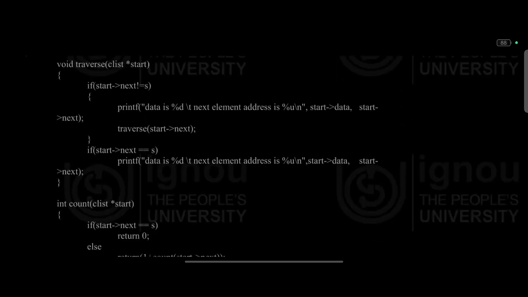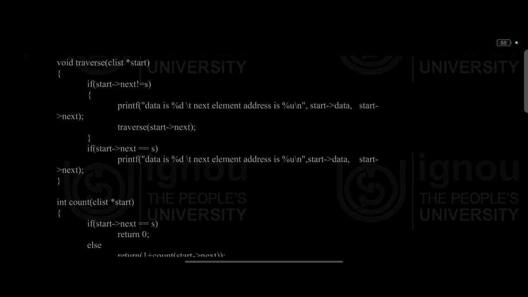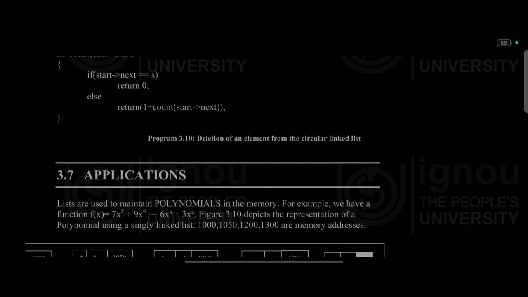Now printf("data is %d, next element address is %u", start->data, start->next); traverse(start->next); if (start->next == s) printf("data is %d, next element address is %u", start->data, start->next); int count_clist(clist *start) { if (start->next == s) return 0; else return 1 + count(start->next);